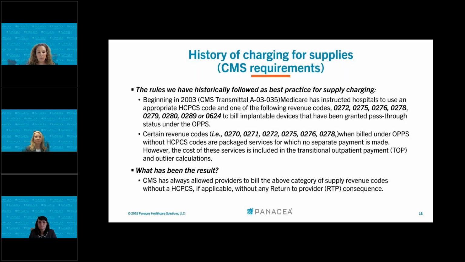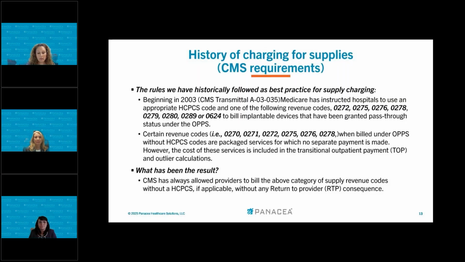With that, I want to talk about the history of it. When we think about the history, we discussed why we're talking about this topic and the current trends of policy seen by payers in the last few years. So if we look back historically, when we think about the rules for policy and revenue integrity professionals have followed